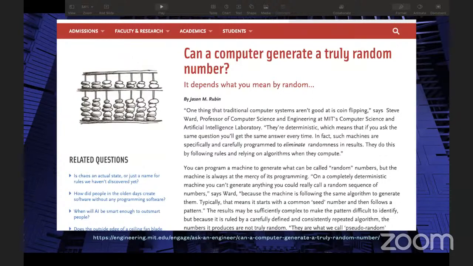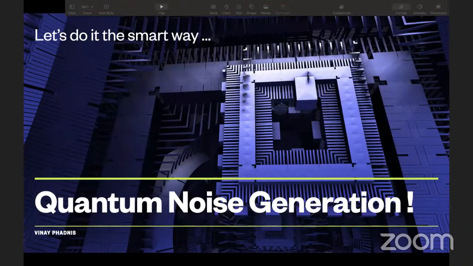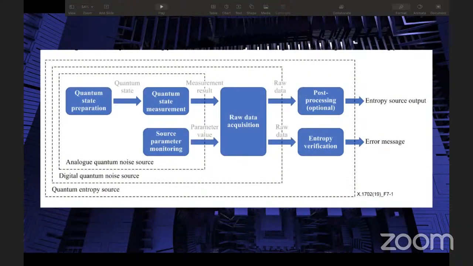Each and every operation is encoded, each and every data bit is encoded. Because of that, generating random numbers becomes very difficult on a classical computer. That is why even in the case of genetic mutation, where a large number of truly random numbers are required in order to escape the problem of converging in a local minimum and instead go to a global minimum, we can leverage a quantum computer, where we have something called quantum noise generation.